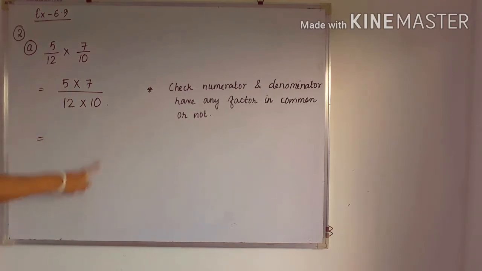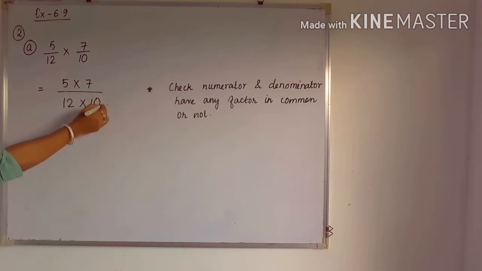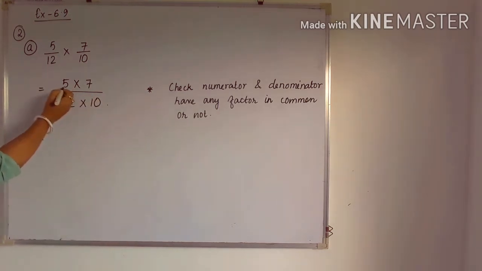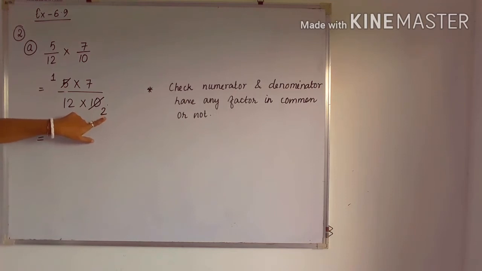So how to use the shortcut? Actually the shortcut is called cancellation. Here we have to do the cancellation. See how to do cancellation. 5 comes in the table of 5. So we cut 5 like this and write here: 5 1s are 5. Similarly, we are cancelling using the table of 5. Here also we use the same table. So we cancel 5. 5 2s are 10. That means in this place we write the quotient.